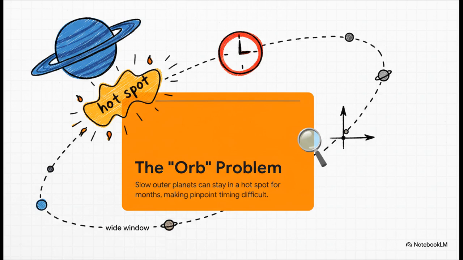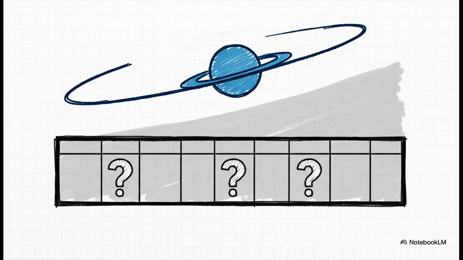Knowing a hotspot is great, but if a really slow planet like Neptune wanders into that zone, well, it can hang out there for weeks, even months. That gives you this huge window where a turn might happen, but that's not the kind of laser-focused timing Gann was known for. So you end up in this really frustrating spot where you know a big move is probably on the horizon, but when? Is it tomorrow? Next week? Next month? It's just too vague. And that's the classic problem with trying to time things using only those slow-moving planets.